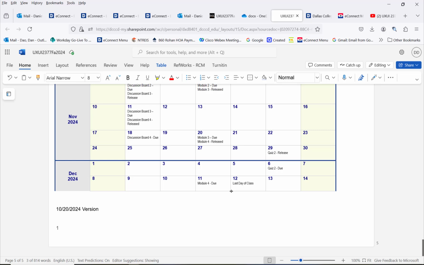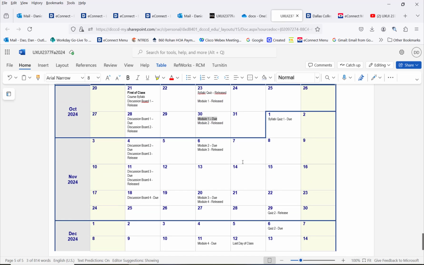And if you made a good grade, that's fine, move forward. But I want you to follow this calendar as closely as possible. Cool? All right, that's about it. I'm going to leave this the way it is. Everything's released. Modules 1, 2, 3, and 4 are posted. Discussion boards will be released at the appropriate time, and the quizzes are the two things on a timeline. Remember, everything is due at the end of the semester, which is what day? The 12th. All right, December the 12th. That is it for the